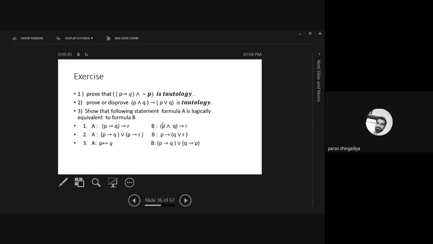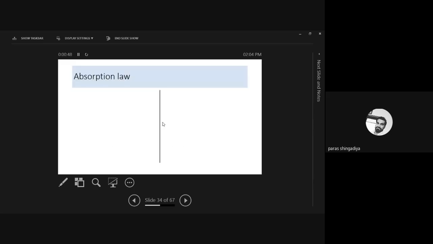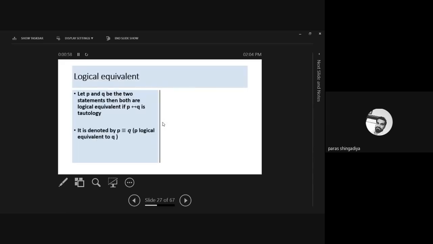So yesterday we had discussed the concept of logical equivalent condition, its definition, and then after we discussed a few well-known laws, which are known as logical equivalences. So what are the conditions that you have to check to say it is a logical equivalent? We have two statements given, A and B.